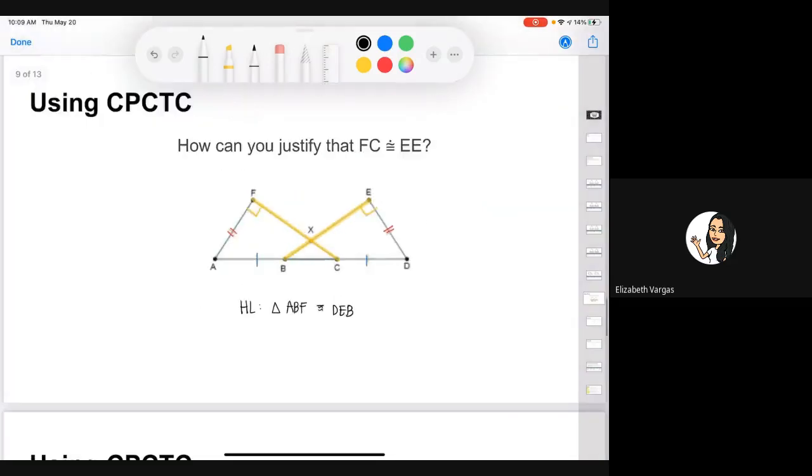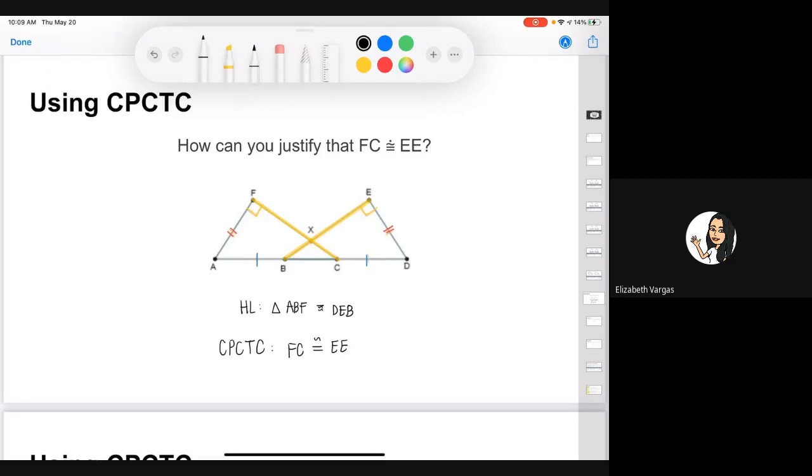Now, how can I prove that these two sides are congruent to each other? Well, according to the corresponding parts theorem, now that I know that my two triangles are congruent, I can prove that all those angle measures and all those parts are going to be congruent to each other, so all those side lengths. Okay, so first what I want to do is identify what theorem can I use